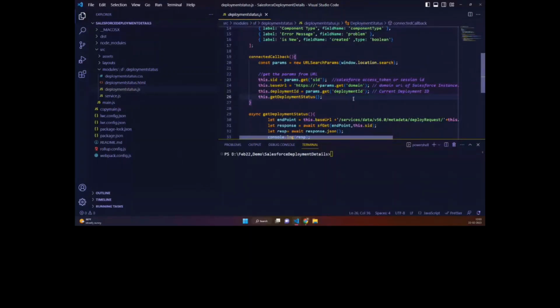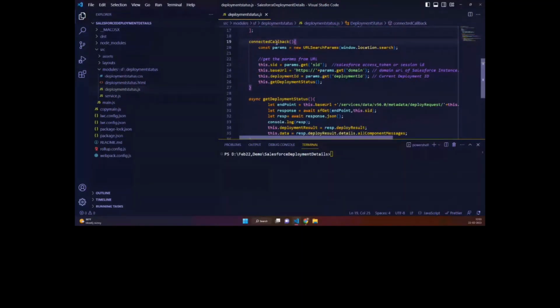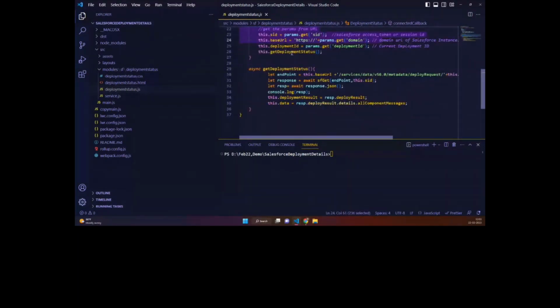So again, this is just a very basic hello world. There are multiple ways by which you can pass the data. You can use some Chrome APIs or some secured post messages. But just to give a better understanding of the design, I'm passing things in the URL and taking them from the URL. And instead of connected callback, I'm reading from the URL and calling this function